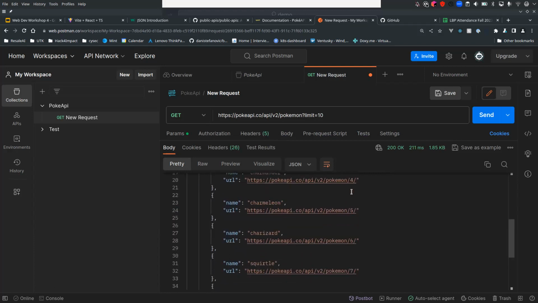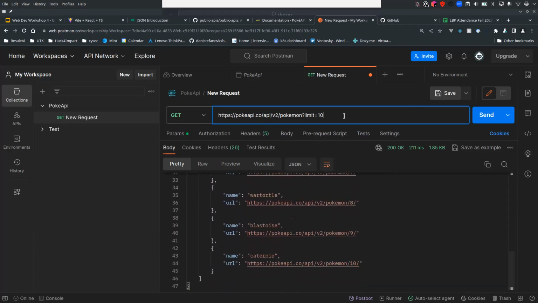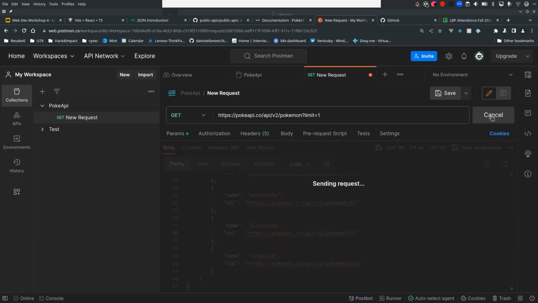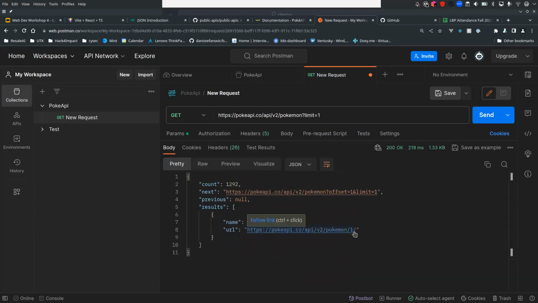And now it looks like I only got back 10, but it's hard to tell the difference between 10 and 20. So let's say I just want 1. I'll send that. And yeah, I just got back 1. So that's a really, really brief